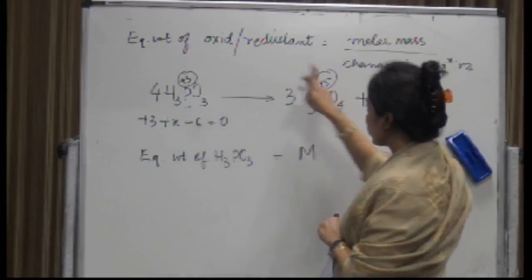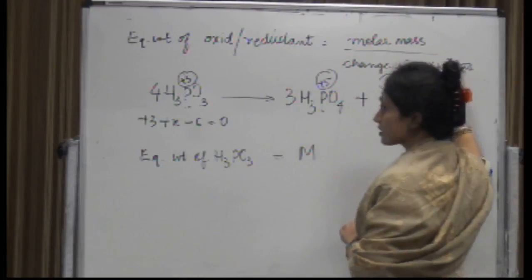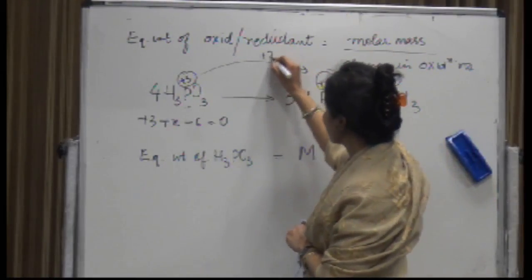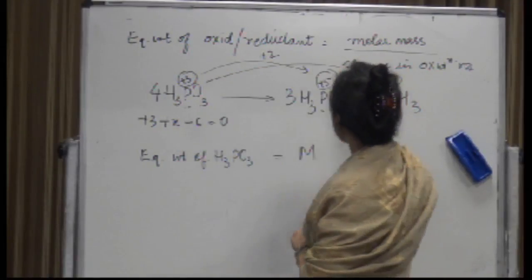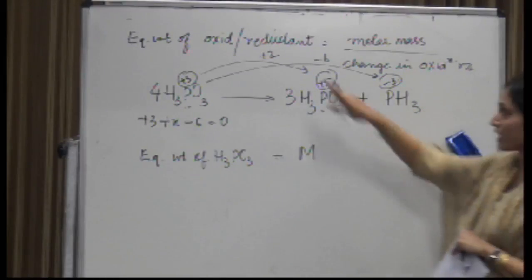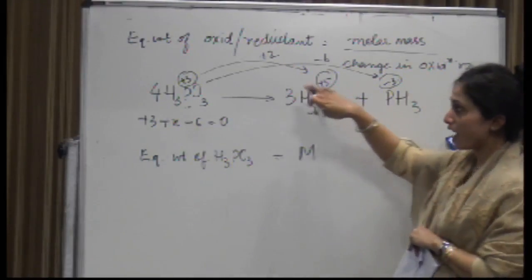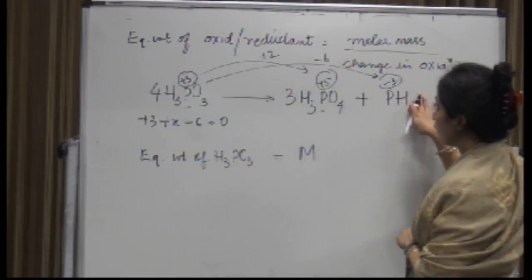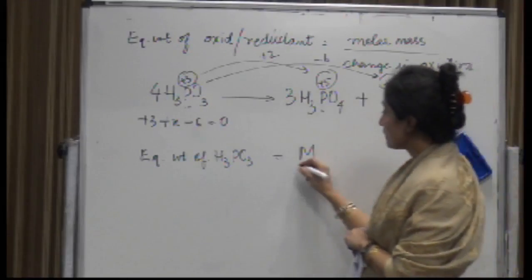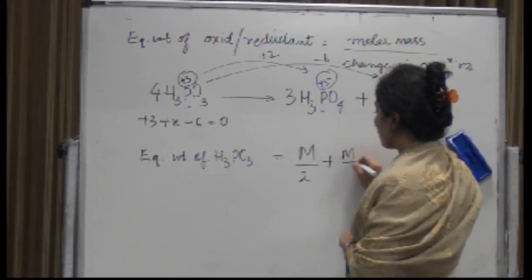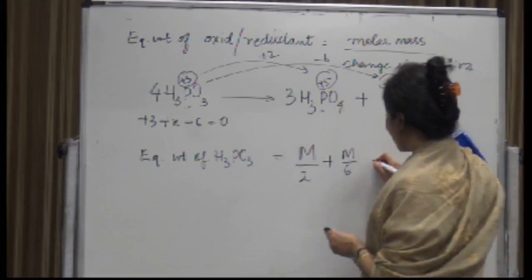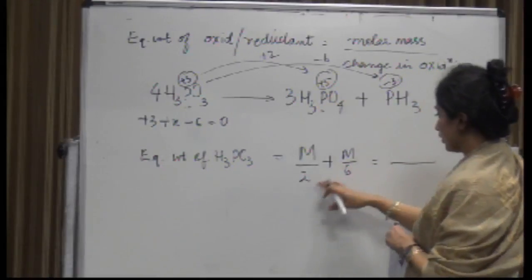Now it is undergoing two types of reaction, so we divide by the change in oxidation number. अब change in oxidation number दो type के हैं. एक, there is a change of plus 2 and the other is a change of minus 6, right? There is a change of plus 2 from plus 3 to plus 5 and a change from plus 3 to minus 3, which is a change in oxidation number of 6. So it will be m by 2 plus m by 6. This will be the equivalent weight, you can easily solve it, 6 will be